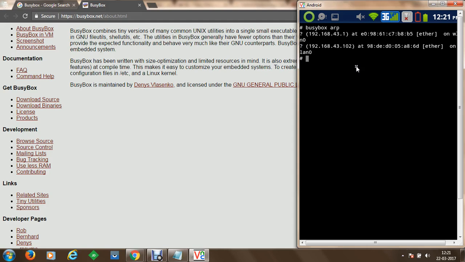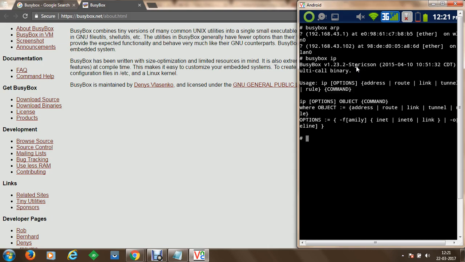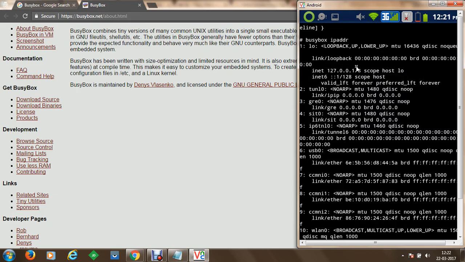192.168.43.102 is my Windows computer which is running. The current IP of my device could also be checked using the ip command. We can execute BusyBox ip and set IP interfaces and information. Let's say we are going to execute another example like ip address over BusyBox. Once we execute that, you can get complete information about IP addresses of your local machine.